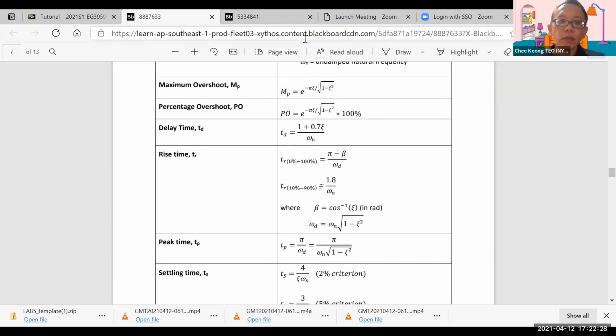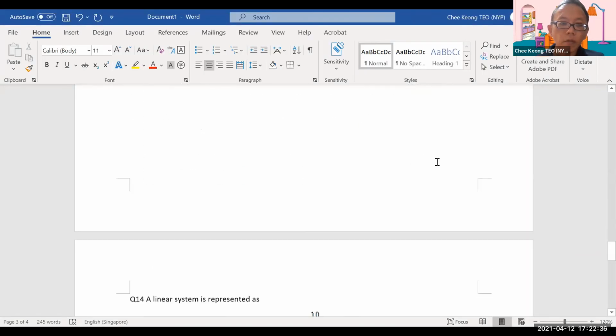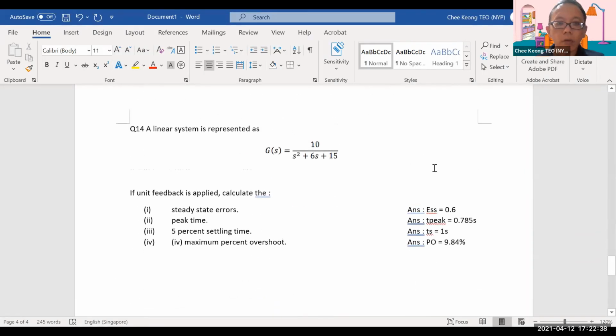Now let's move to the question. Question 14. They give you a transfer function G of s, which is 10 over s squared plus 6s plus 15. Now they say if a unit feedback is applied, calculate the steady state error. Now, unit feedback, what do you mean by unit feedback? Unit feedback means